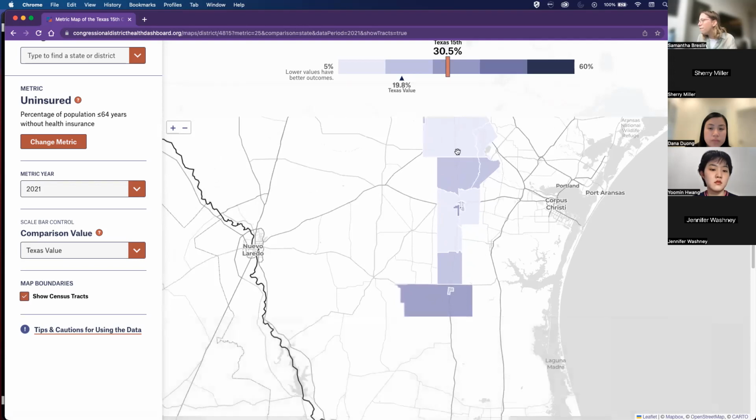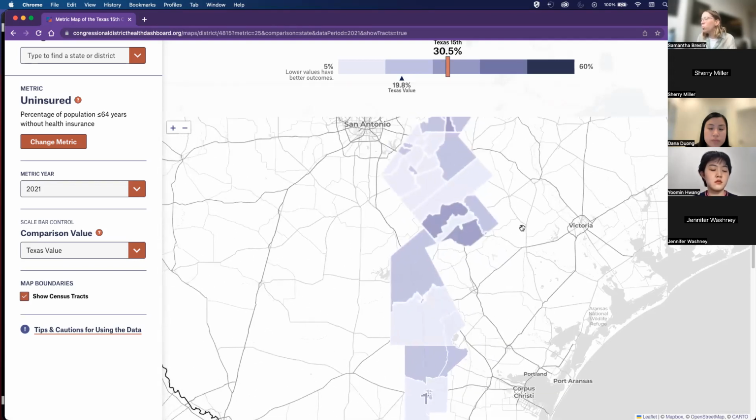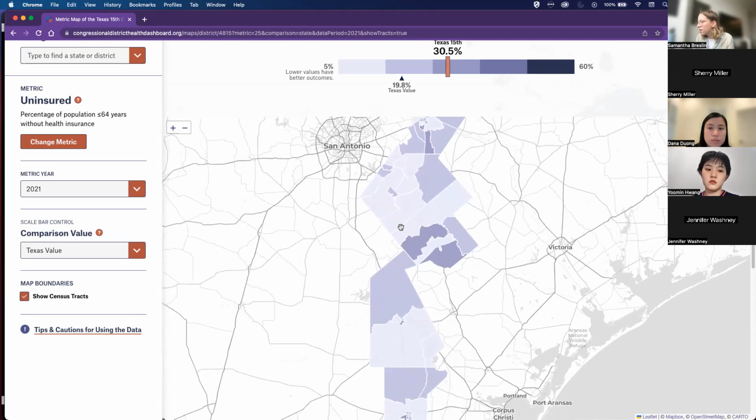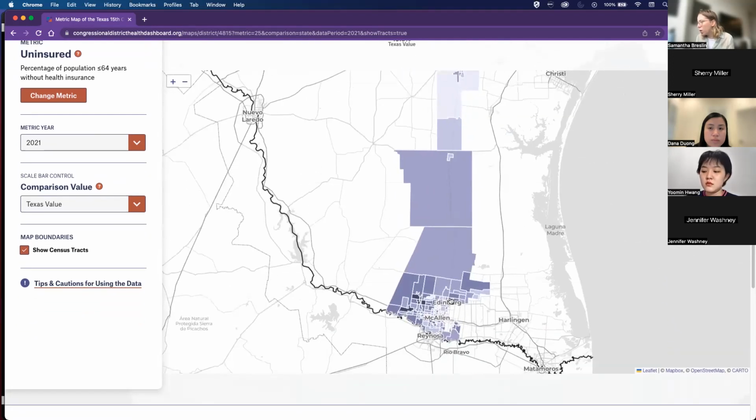And so there's a lot of variation within different census tracts. There are actually some census tracts in Texas 15 that are doing quite well. It's being a little bit slow at the moment. I think it's because I'm sharing my screen. But there are a lot of districts that are doing well. And then there are, of course, districts, particularly down in the southern region of the district, that